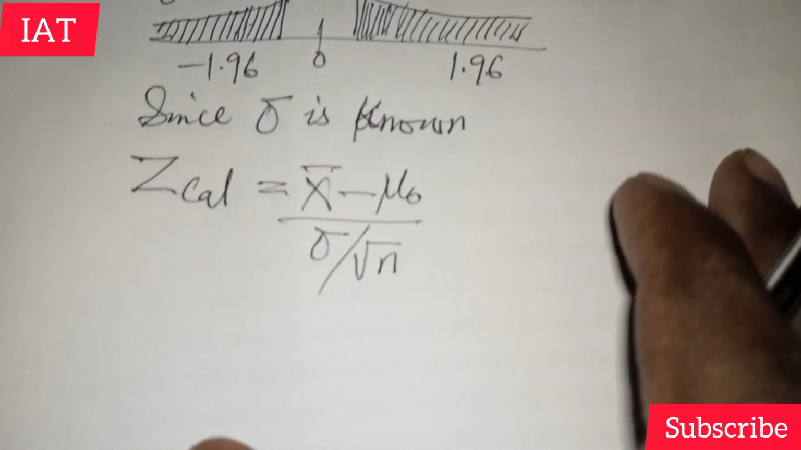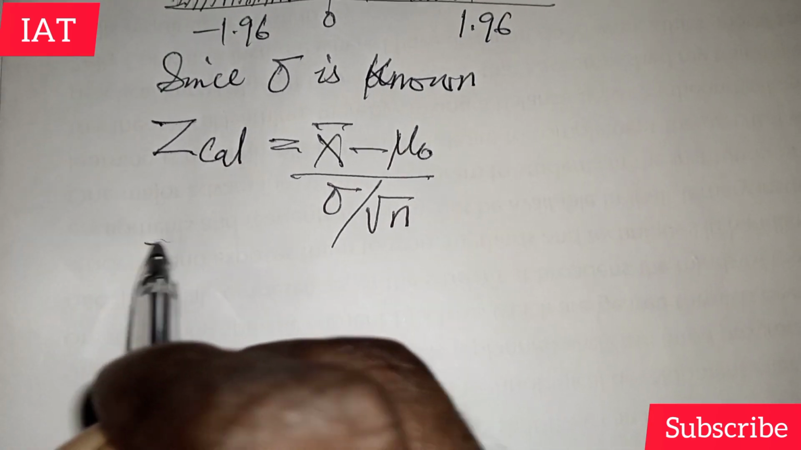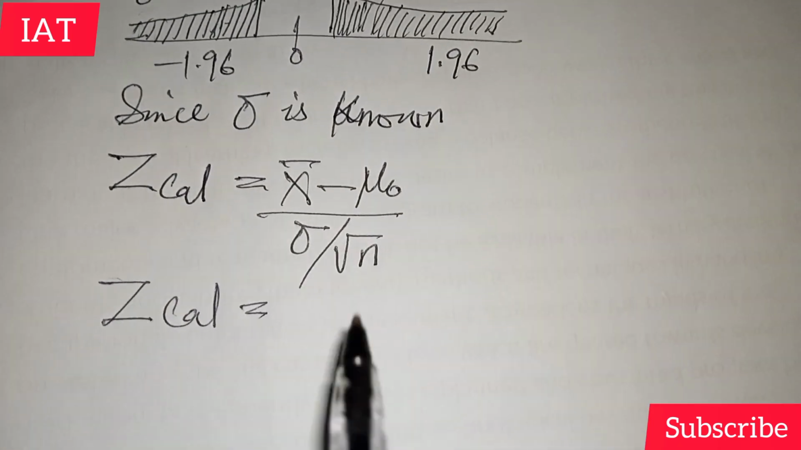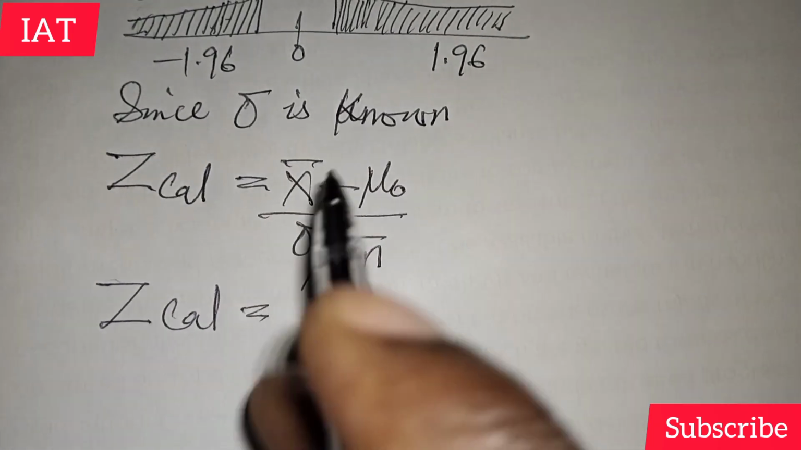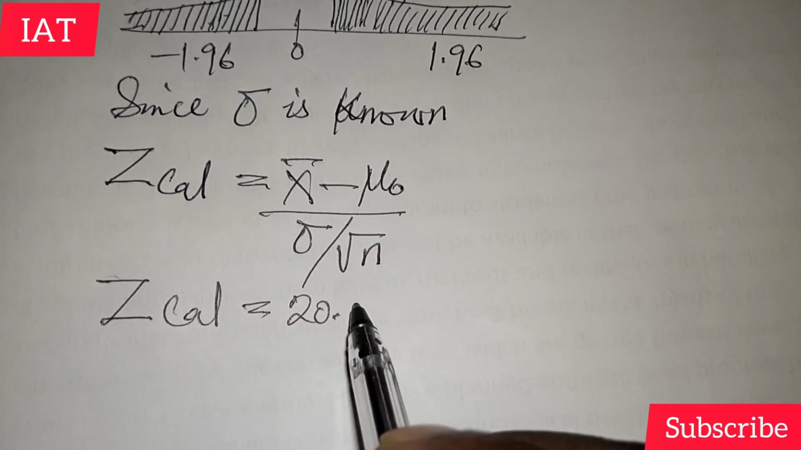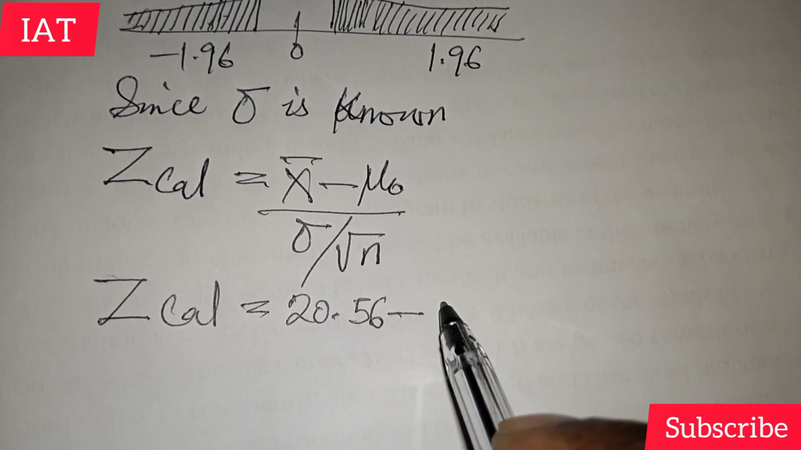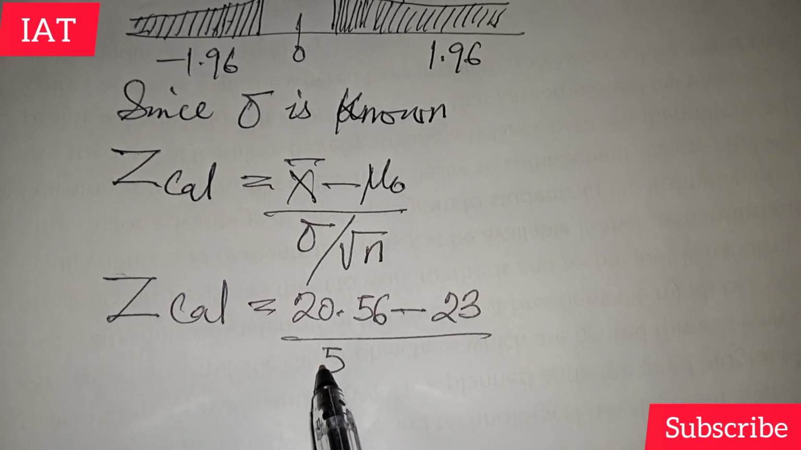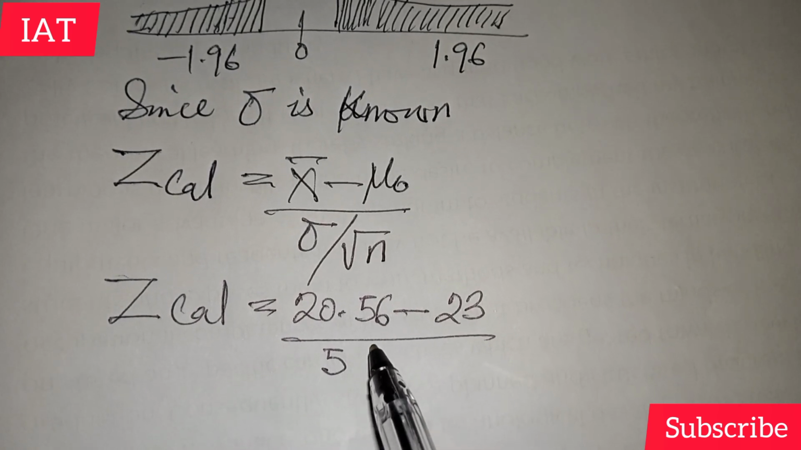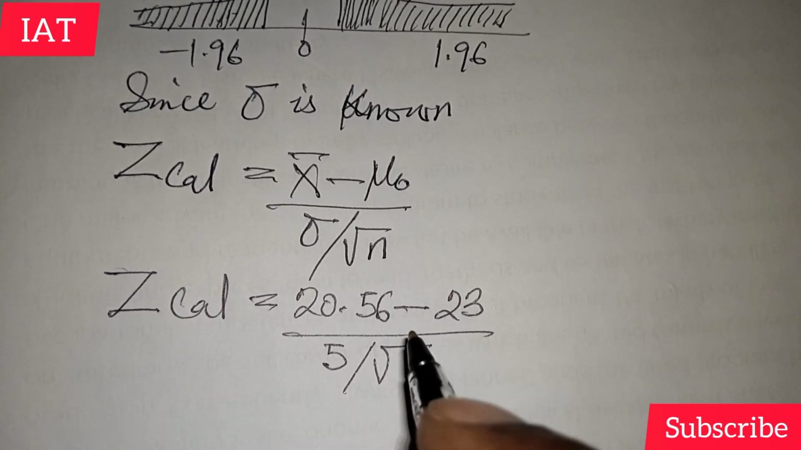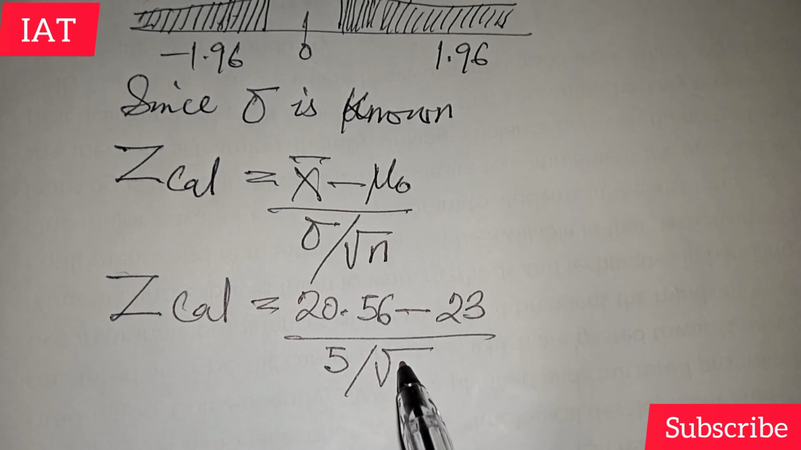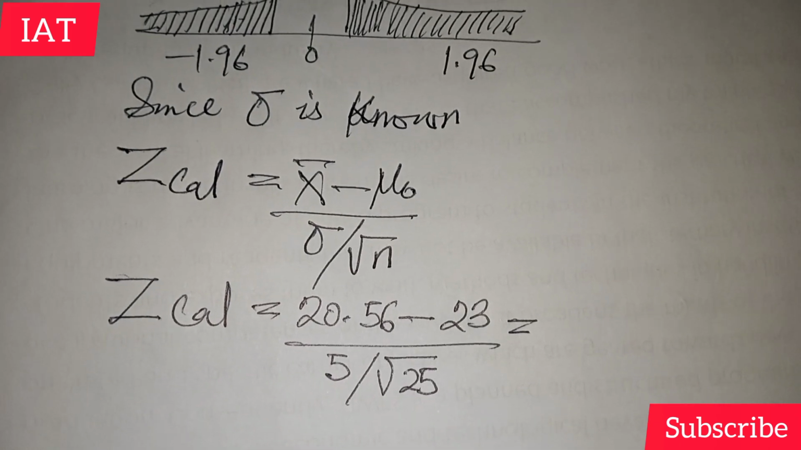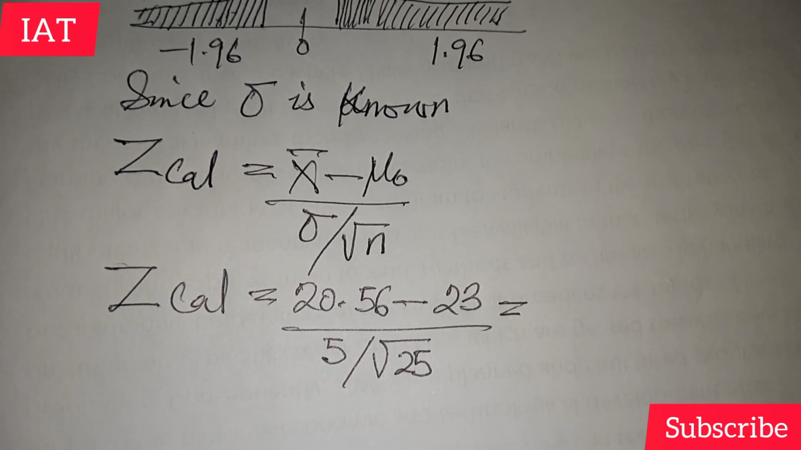So what do we need to do at this point? We're going to substitute the values we have into this formula. We know that this mean is 20.56. When you subtract 23 from that, and then we have this given as 5, the population standard deviation, and this is divided by the square root of the sample size, which is 25. So what we need to do here is to subtract, and if you punch this on your calculator with me,